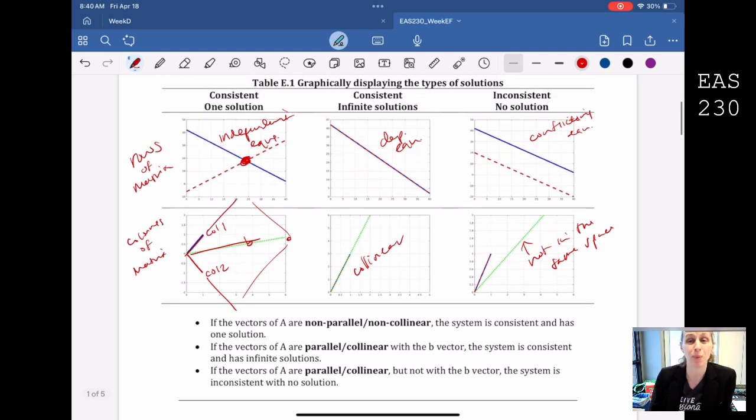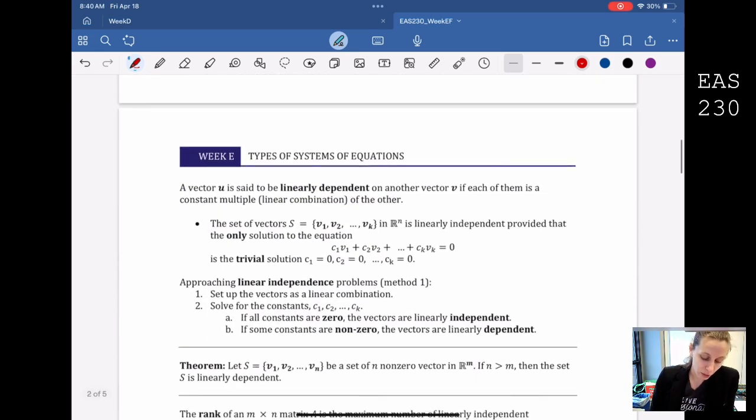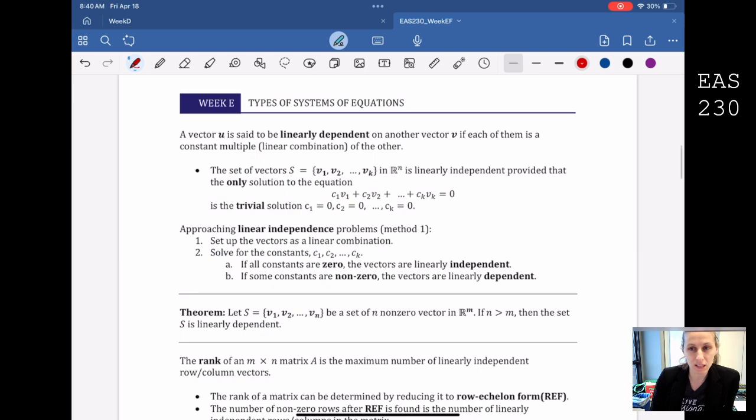Okay, so all of this depends on whether or not our equations, whether or not our vectors are linearly independent, which means they are separate pieces of information, they are not conflicting, they are not on the same line. That is our key thing to figuring out which situation we have. So we're going to use three different methods to determine whether or not vectors are linearly dependent or independent. We've already been introduced to one of them, and that's using this idea of a linear combination,